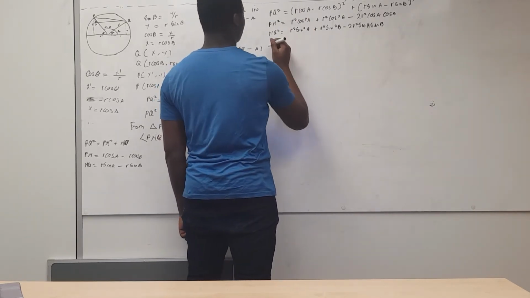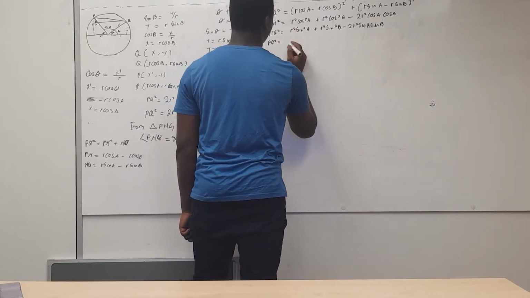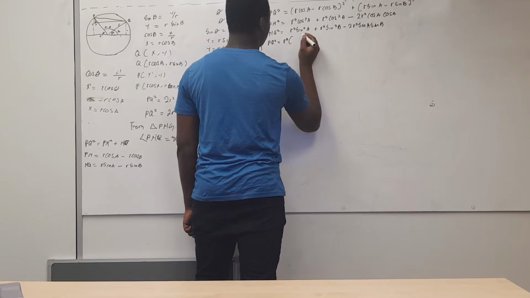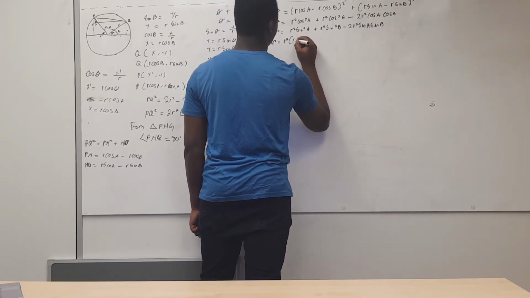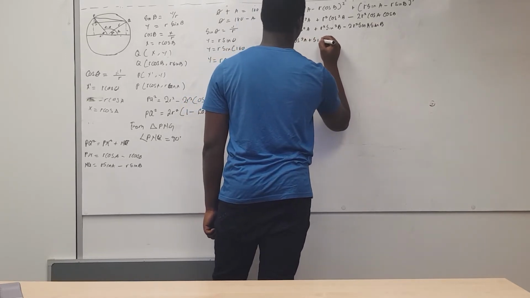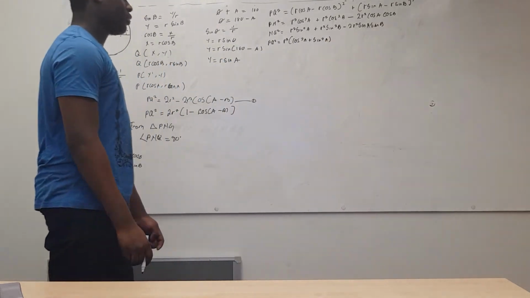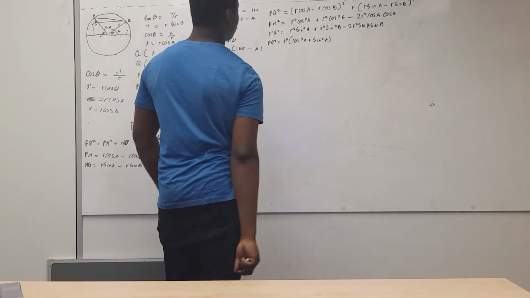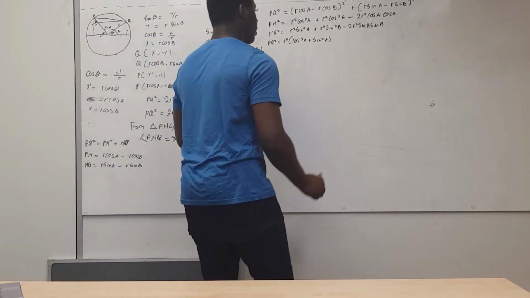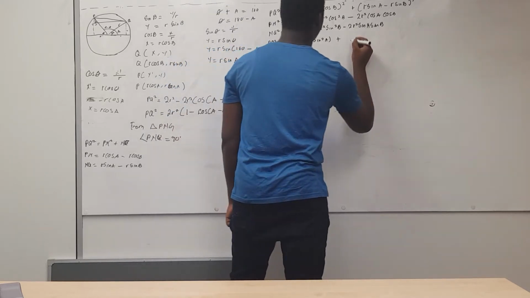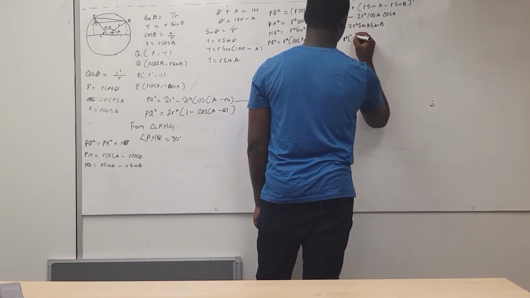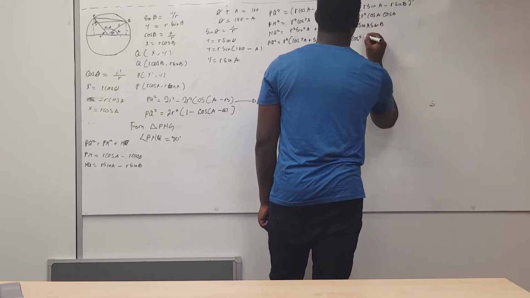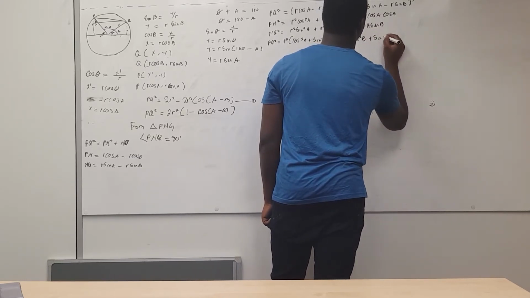PQ squared is equal to r squared plus r squared, so I factored out the r squared: r squared times cosine squared A plus sine squared A, and we know what that is, plus r squared times cosine squared B plus sine squared B,